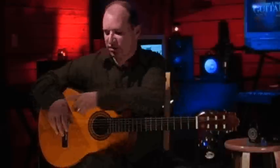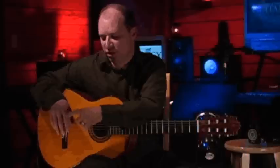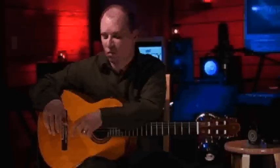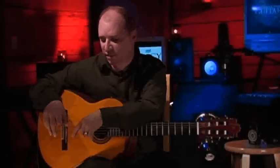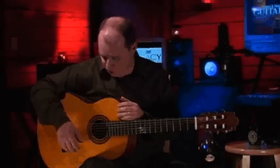There's two kinds of muscles that run in your hand, actually three kinds. But there's the two that we're going to talk about today. The ones that run on top, when I flex those, my finger goes up. When I flex the ones that run underneath, my finger goes in. So actually the 0 position is this rather C-looking form right here. That's where you want to start at. You don't want to start at an uncomfortable, stressful position or you'll never get the concepts that we're going to talk about. So take that relaxed hand, go ahead and put it up to your strings,